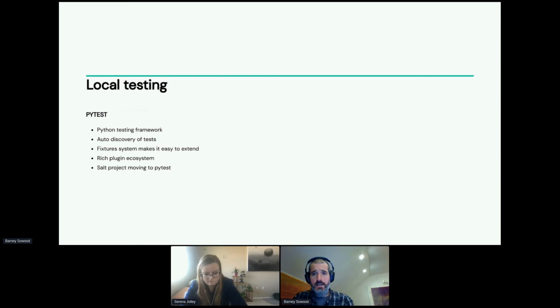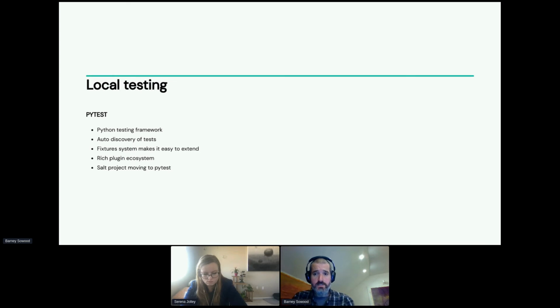So pytest. Pytest is a Python testing framework designed for testing Python code, but it's extensible in such a way that we can use it to test Salt states. It has auto discovery of tests, so that means it's easy for anyone or anything to run all the tests in your repo. We can make use of its fixture system and the Salt Python API to allow us to test states. We'll also use Testinfra, one of its plugins, shortly.